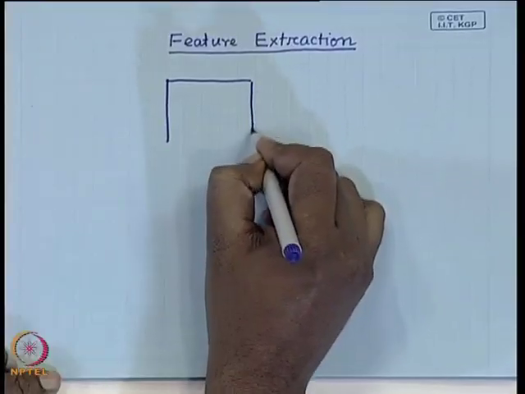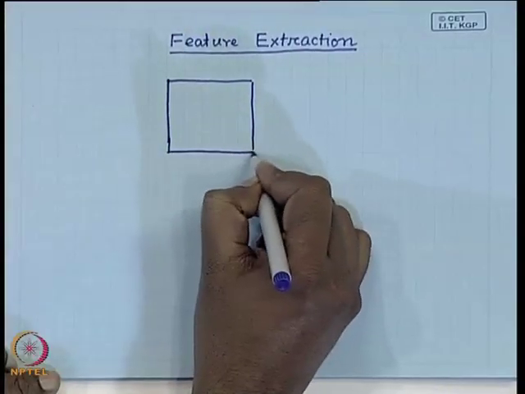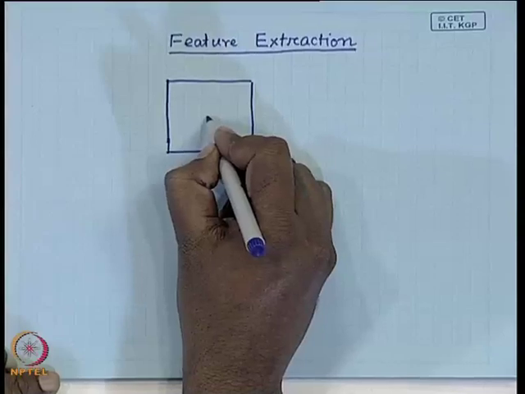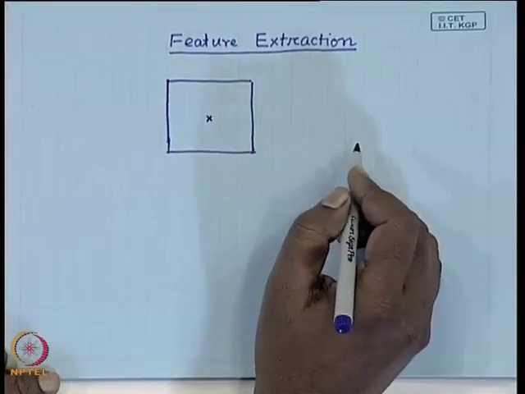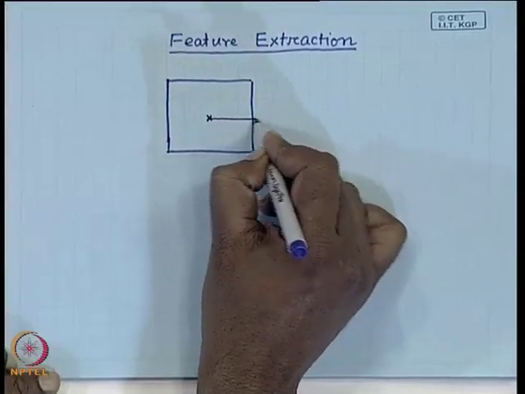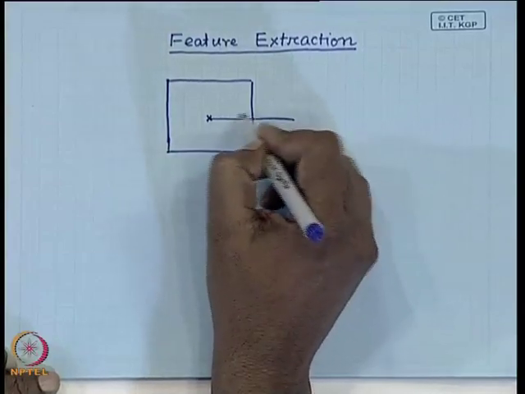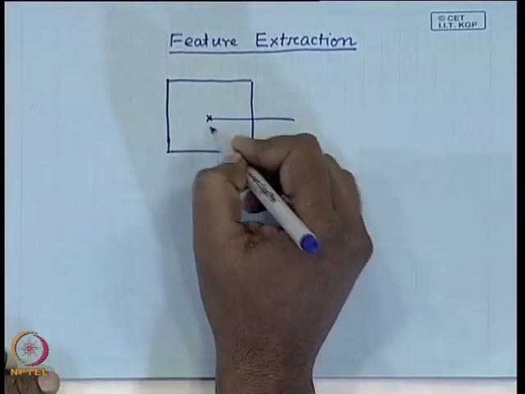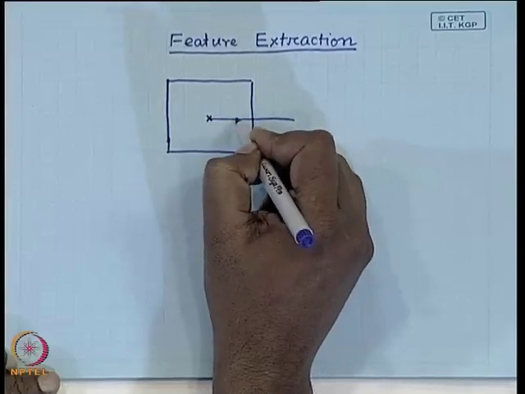Good morning. So, continuing with our lecture on feature extraction. In the last class, we talked about one of the boundary features, which we called the signature. Given a two-dimensional shape, we have to find the centroid of this shape, and if I take the horizontal line as the reference, then I have to find the distance of the boundary points from this centroid